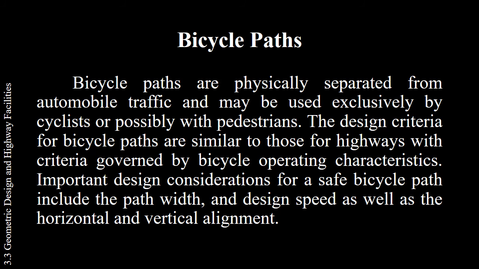Bicycle paths. Bicycle paths are physically separated from automobile traffic and may be used exclusively by cyclists or possibly with pedestrians. The design criteria for bicycle paths are similar to those for highways, with criteria governed by bicycle operating characteristics. Important design considerations for a safe bicycle path include the path width and design speed as well as the horizontal